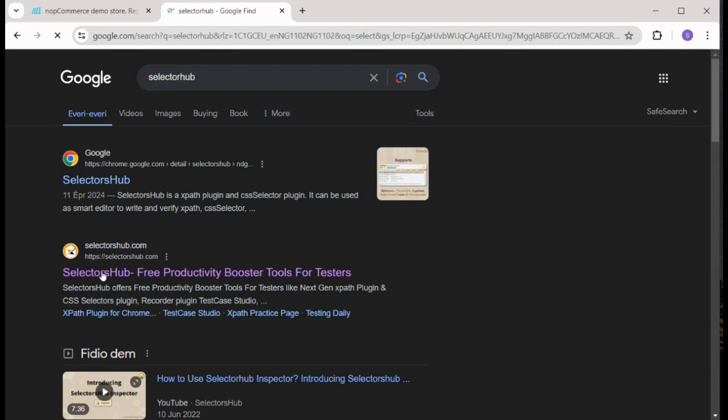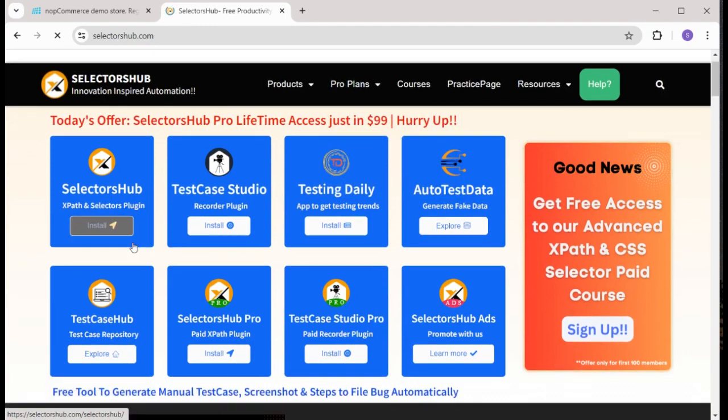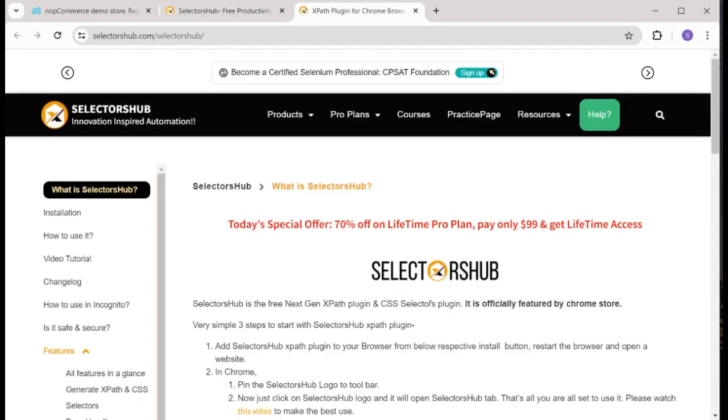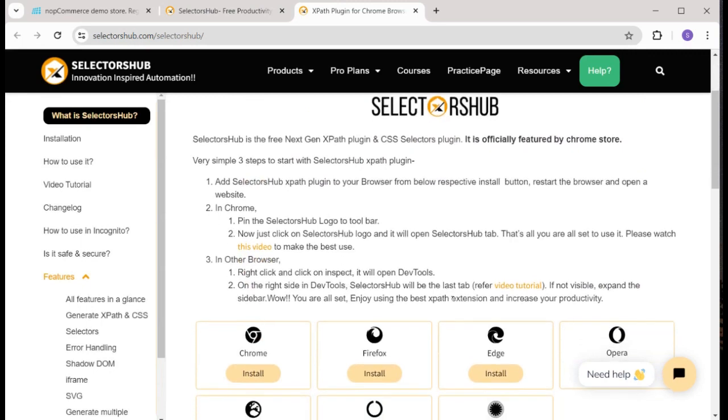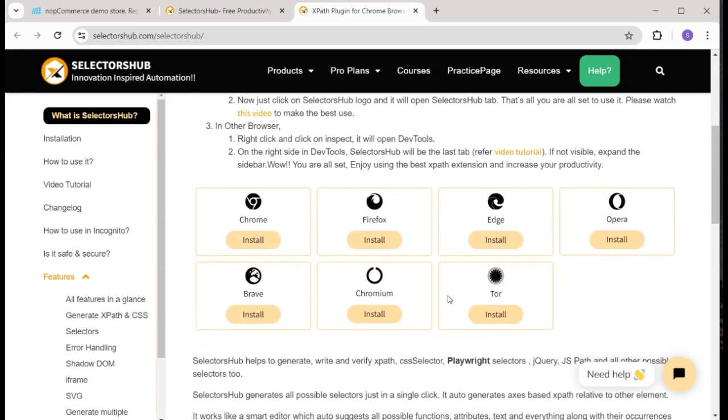All right, search for it and you can see the official site. Click on the official site and go there. Once you get there, you can see this SelectorHub. So I'm going to install this. Before, I've already installed SelectorHub in my browser, but for the purpose of this video, I'm going to do that